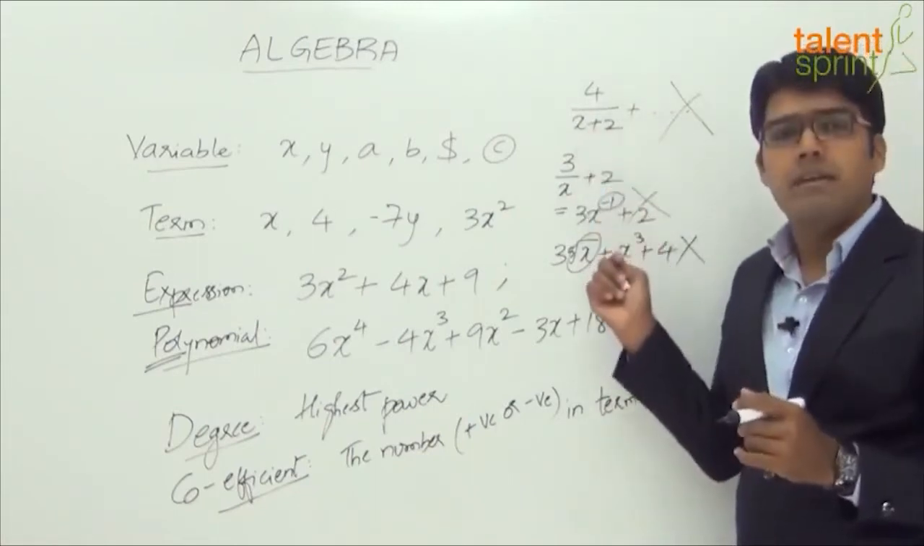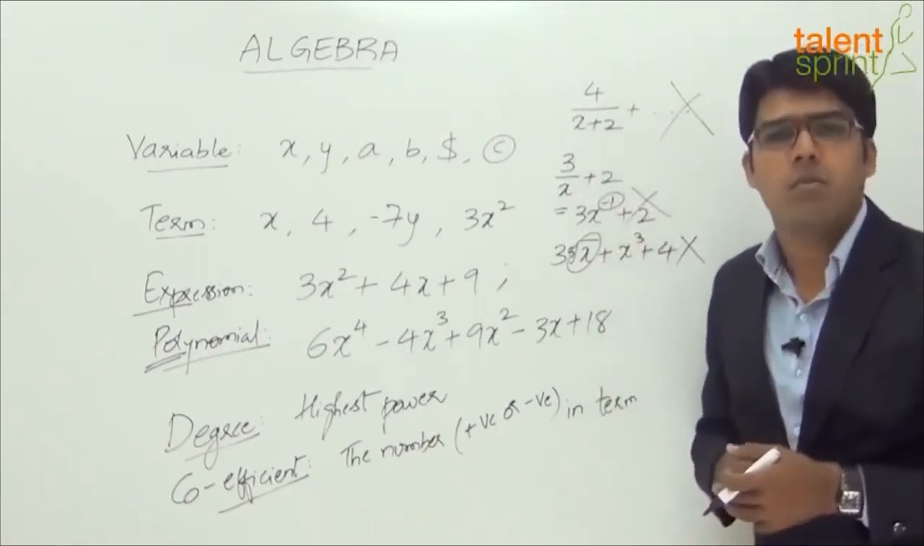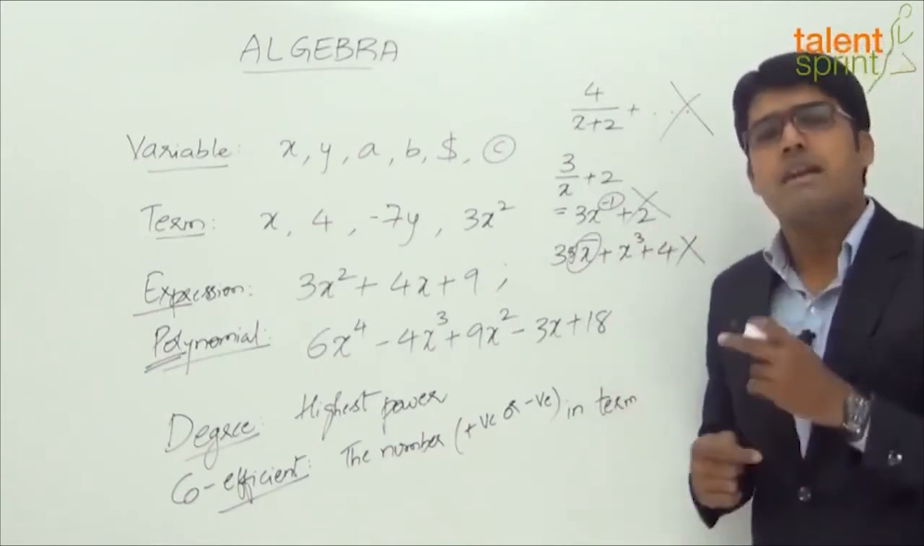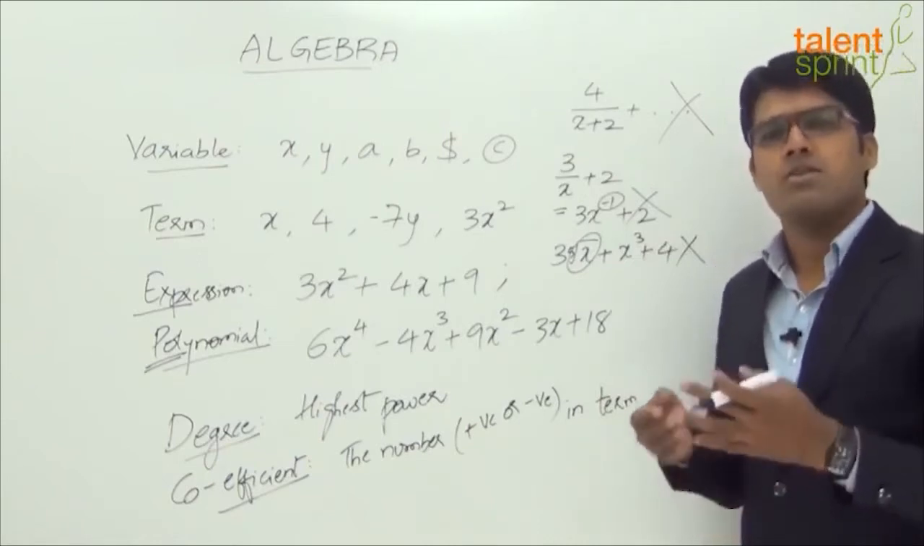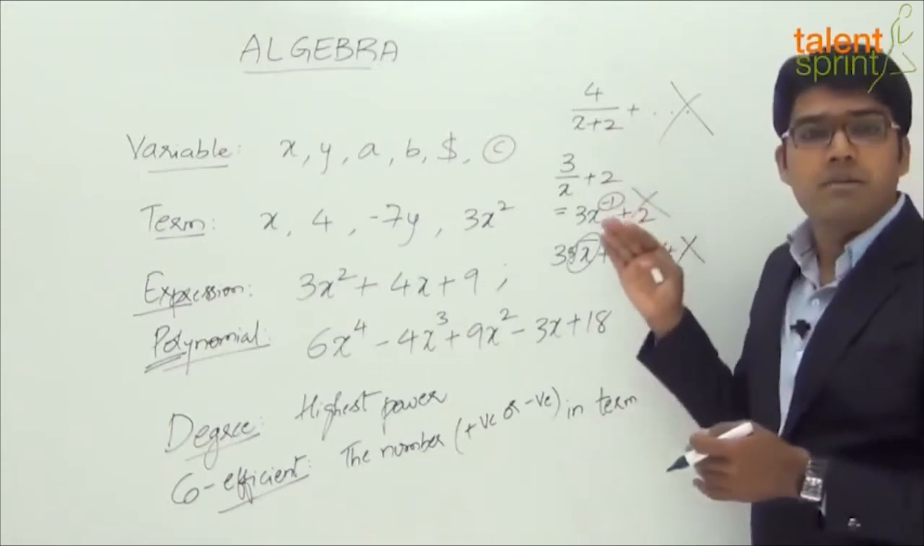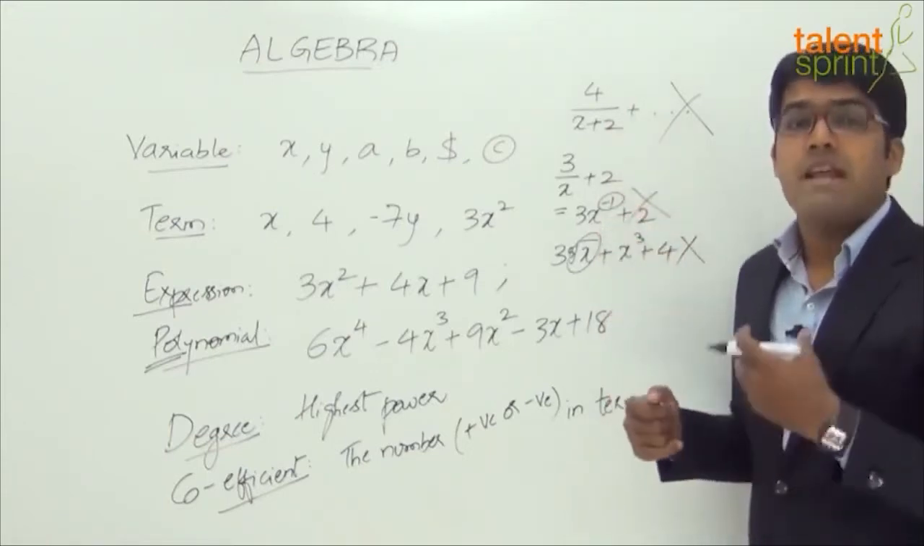X is in the denominator, right? It cannot come in the denominator in case of a polynomial, right? So basically these are some restrictions, right? It should not have negative or fractional powers and it should not come under division. We can have a numerical value in the denominator, that should be okay, but we cannot have a variable in